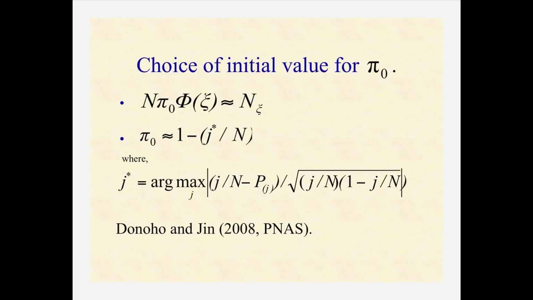Now, if you don't want to spend time running the algorithm for all values of pi naught greater than some value, then you can use this particular starting value here. You can just solve this equation. So n sub xi is just the number of genes to the left of xi, the number of genes whose z-score is less than xi. And n pi naught is the expected number of null genes, and this is just the area to the left of xi under the standard normal. So the only unknown quantity in this equation is this mixing proportion, and that gives you a ballpark figure for